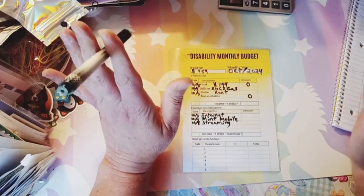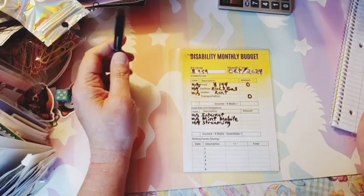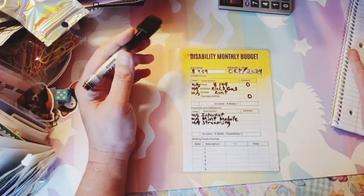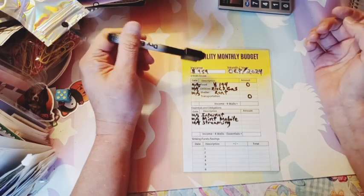It went down because I have an Etsy shop and I had to report my income from that. So that's the reason my check went down. It went down $4. So now I get $959,